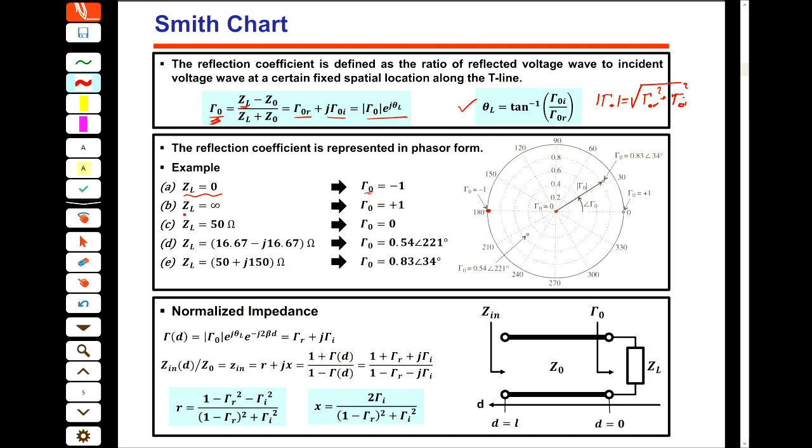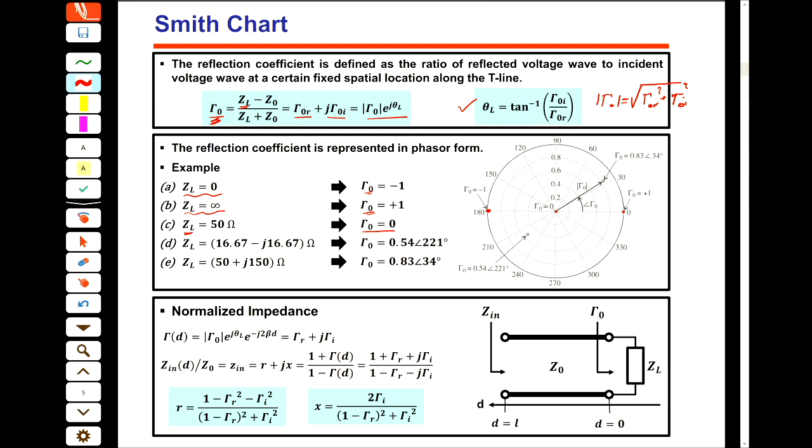Okay. And then, for example, for an impedance of infinity, or open circuit, again the gamma we can calculate as 1. So again the amplitude is 1 and the phase is 0. Or for a match, we know that the absolute value of the gamma is 0, so it is at the center. Or for any other impedance that we have in the world, there is a point exactly representing the value of the gamma for this impedance in this circle.